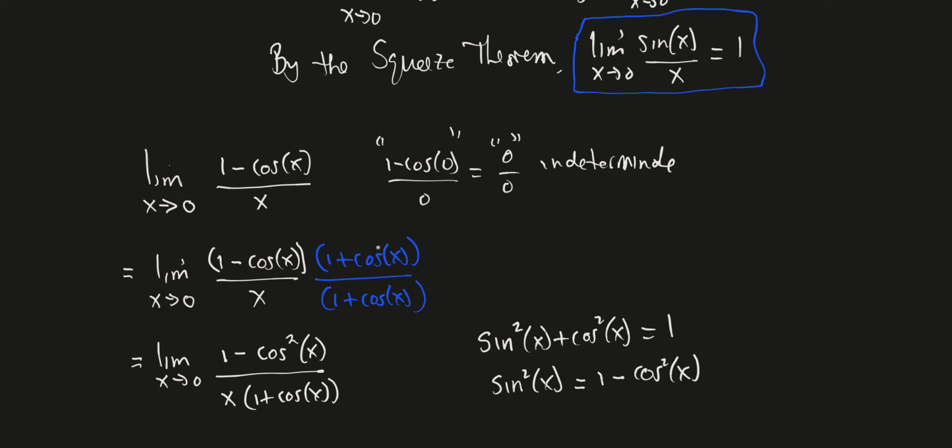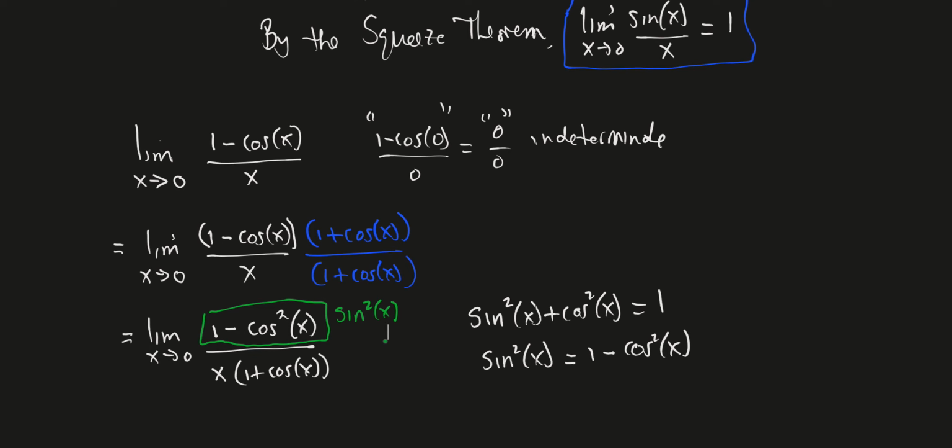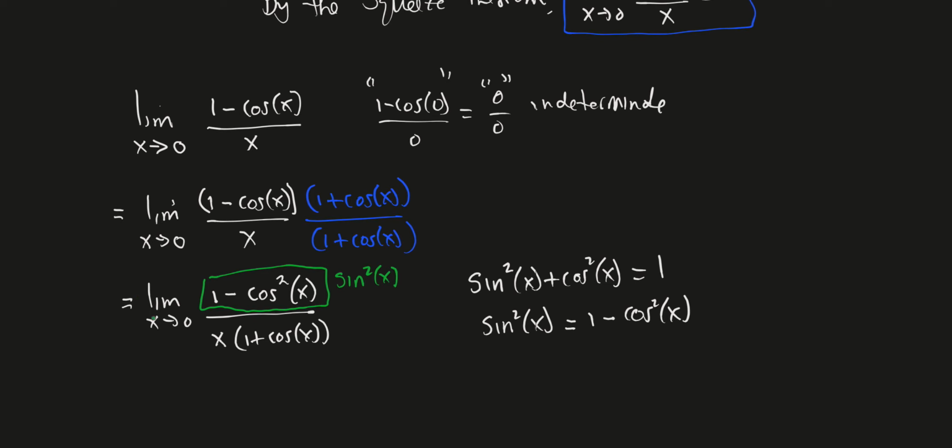Well, that means I can replace this numerator with sine squared x. All right, well, let's do that. Right? All right, so let's write that. So this limit is equal to this other limit. Right? It's still kind of indeterminate. Even if at this point you still just try to plug it in, you're still going to end up with this meaningless expression. Right? But we're getting it into a form that might look more complicated than the original,